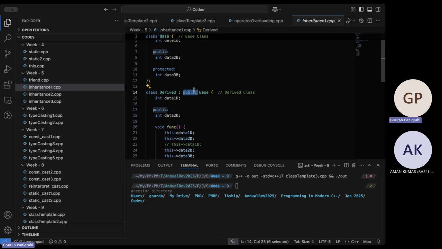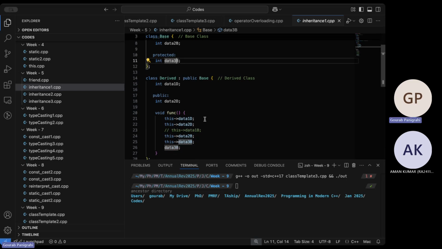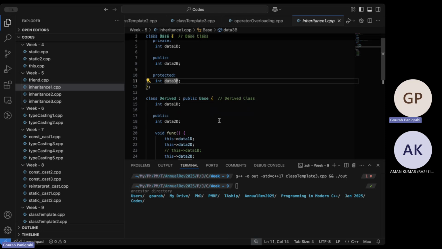If it is private, this variable for the derived class becomes private. Same for protected. You can access them inside the derived class, but the difference is that the public and the protected members of the base class become private for the derived class.